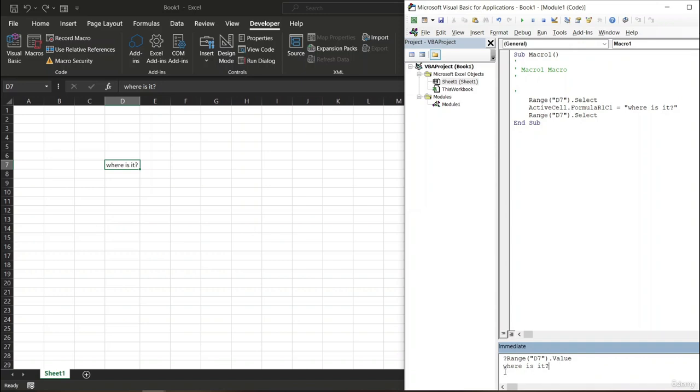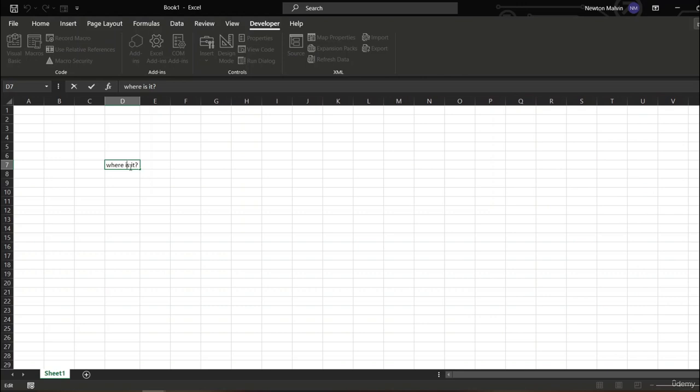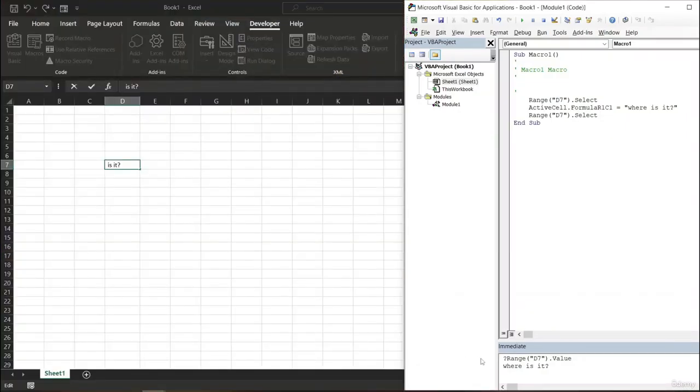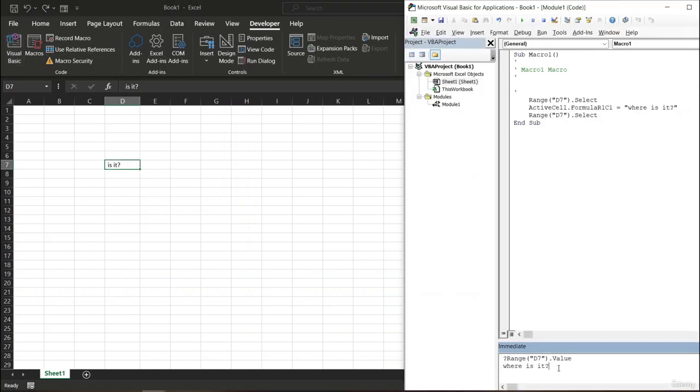And if I change the value here, let's say I'm going to delete the "where". Okay, so if I delete the where, go to the Visual Basic and just type in, well, you can see that the text here, the value is "is it". Okay, the where is missing. All right,